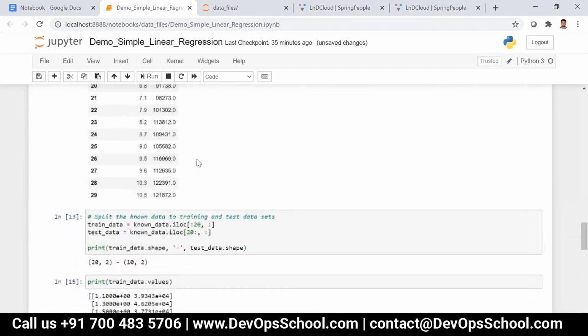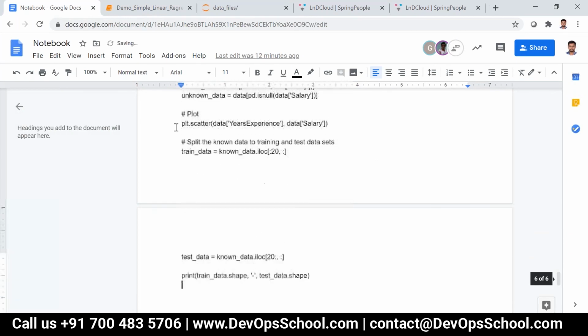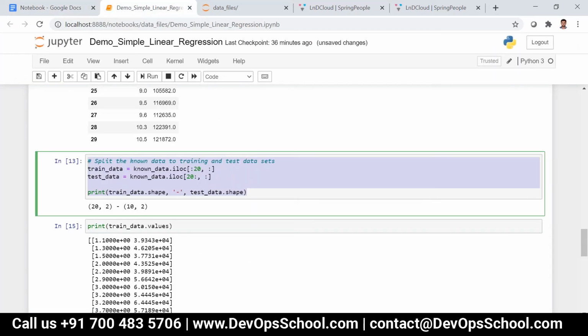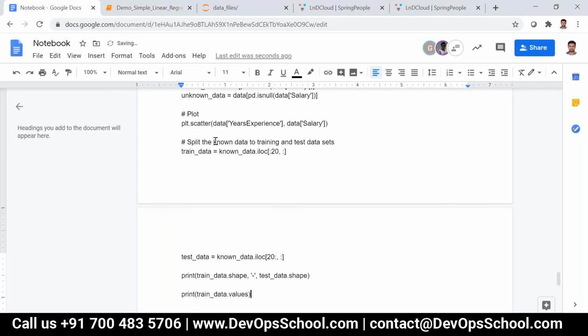Okay guys, please take it down and then we will create the model. Because there is some smoke here, I will just come out.